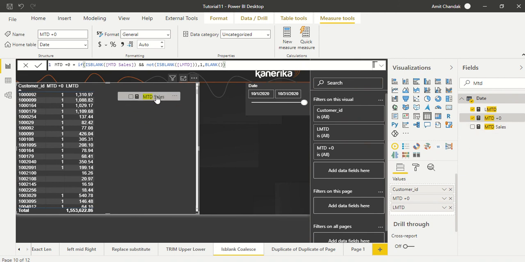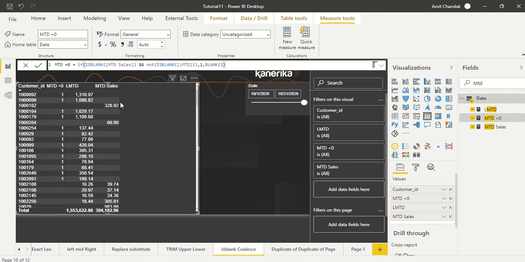Here MTD is blank and LMTD is not blank, so the customer didn't come this month but came last month.